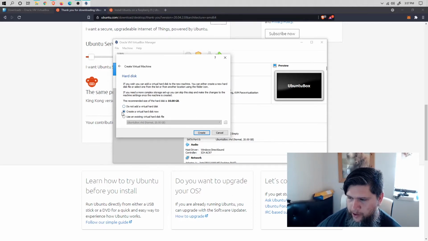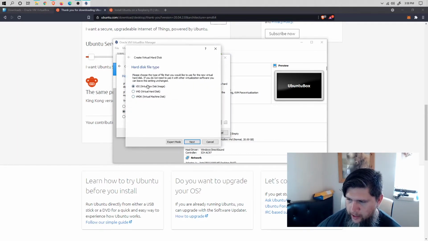We could, but they actually allow you to download a VirtualBox image, which you don't have to set anything up for, but that's for Kali Linux. Today, right now, we are going to be creating a virtual hard disk. Go ahead and click on create,